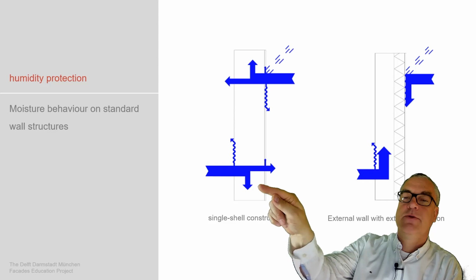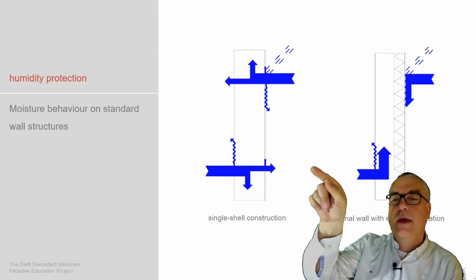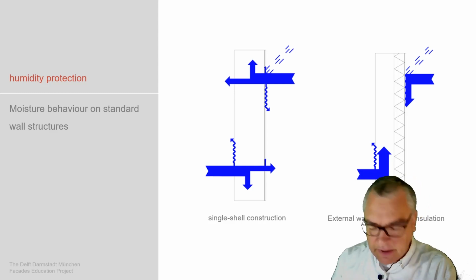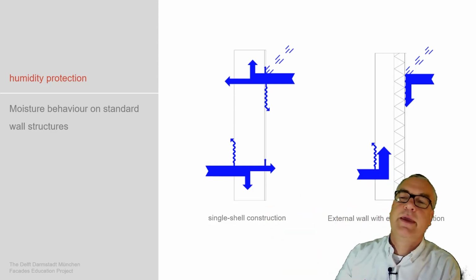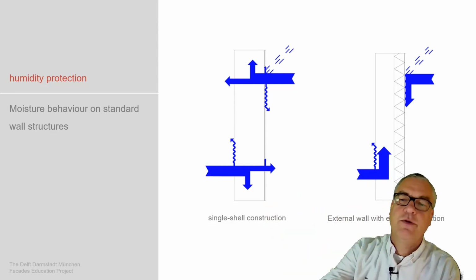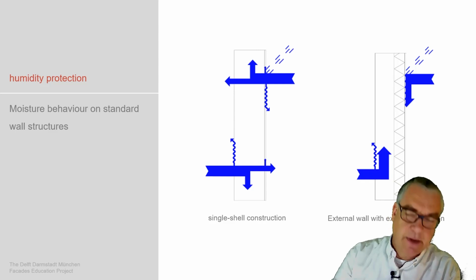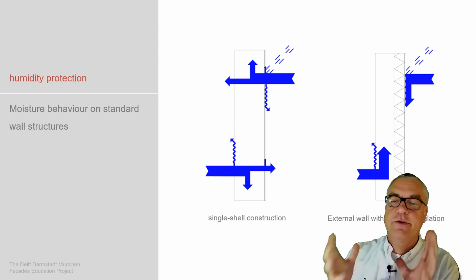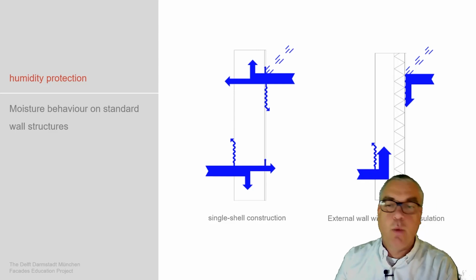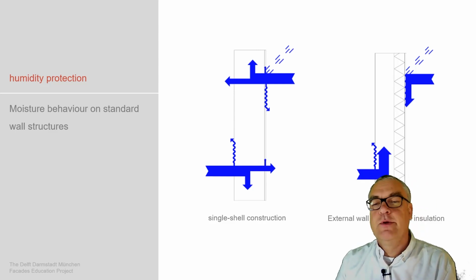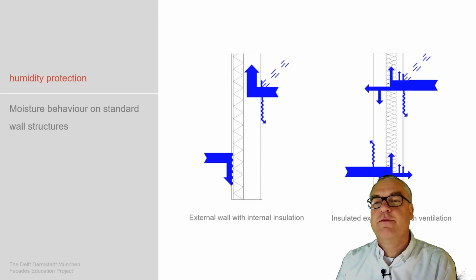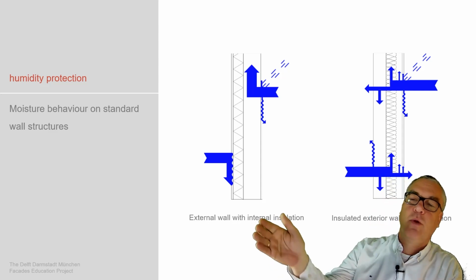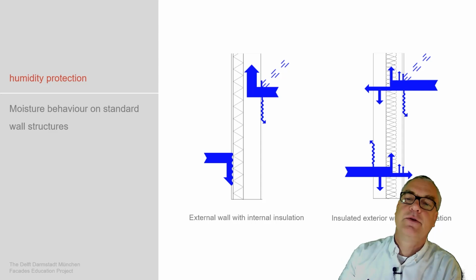Humidity may get into the wall system, and also humidity from outside, say direct rain, finds its way into the structure and then needs to dry out in dry times. Summertime, for example, needs to dry out of this wall system. If that doesn't work, then at a certain point the wall gets wet over time and will lose its insulation performance especially. We can see the same with an inner insulation, where we hopefully have an entirely sealed surface,